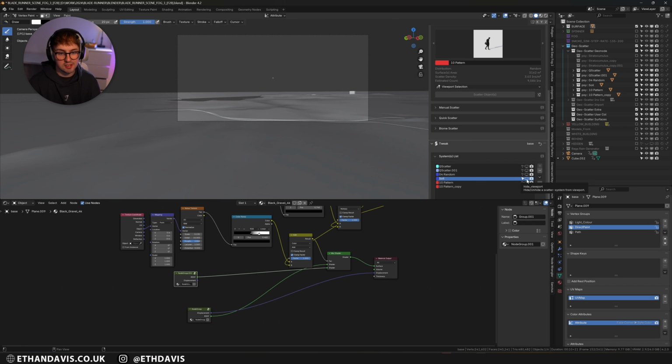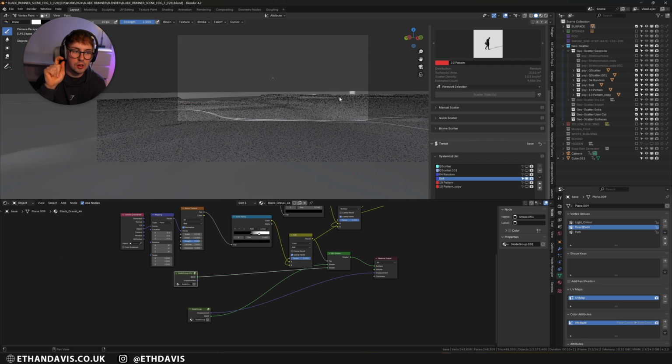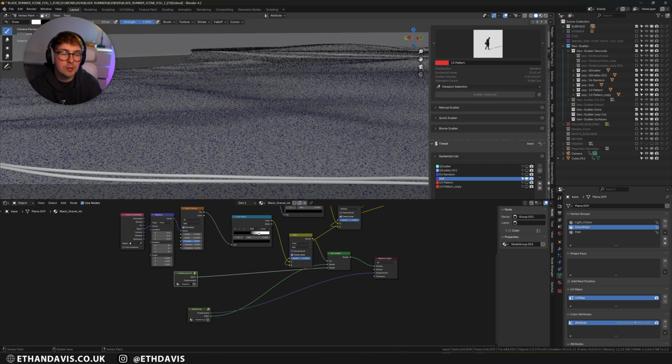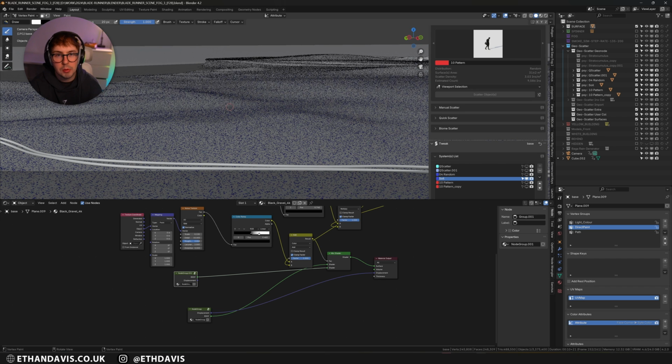Now, the biggest one is this soil one, and this soil was basically little clumps of dirt, which I got from Megascans, and I just scattered that everywhere just to add a little bit of texture. Now, in retrospect, do I think this was necessary? Probably not. I could have just used a displacement texture, especially with how dark the shot was.